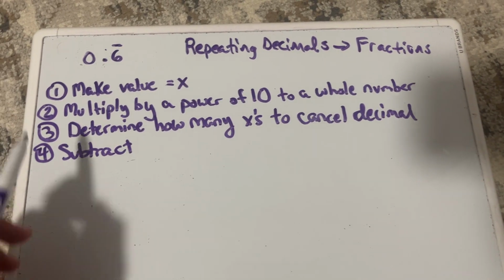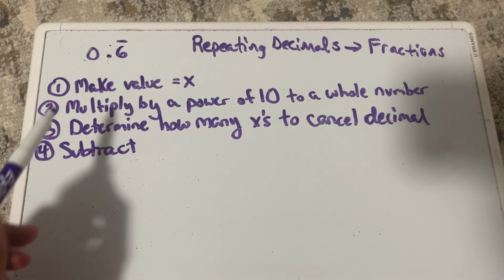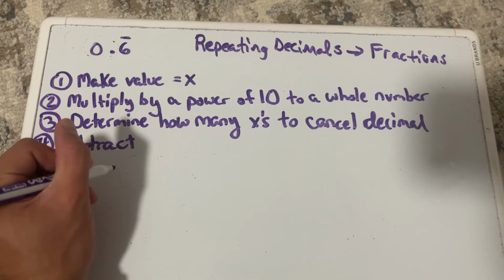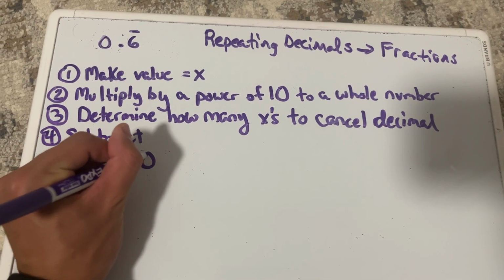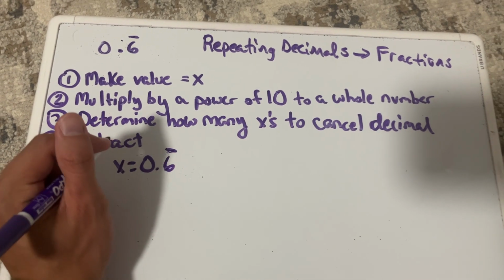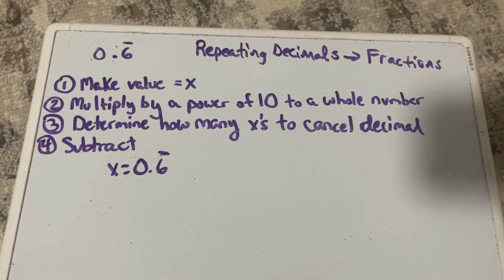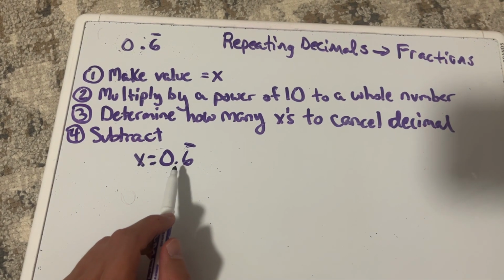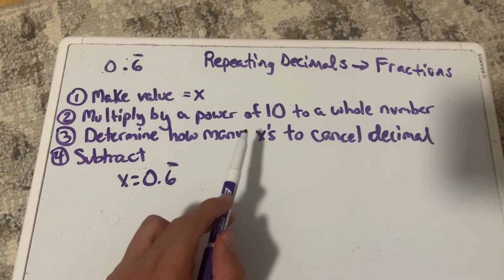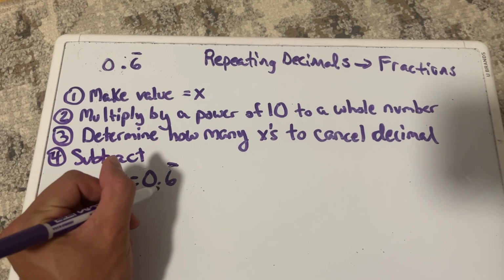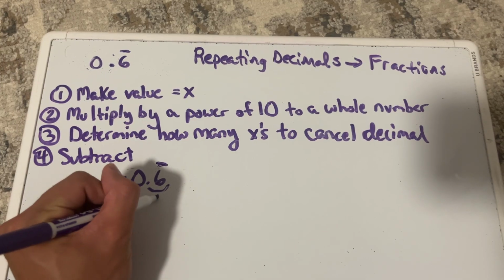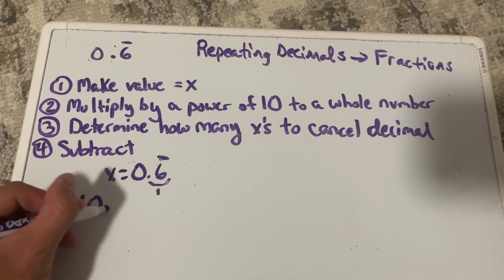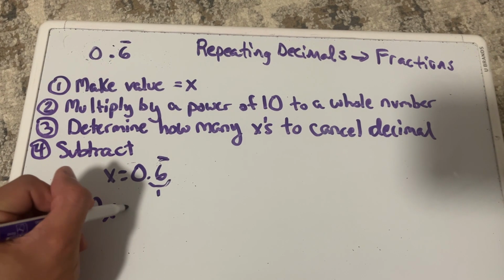Let's look at a second problem. Let's say we have 0.6 repeating. So I'm going to, step 1, make this value equal to x. x equals 0.6 repeating. Now I want to make this a whole number. So I'm going to multiply by how many? By just 10, because it's in the tenths place. It moves 1 space. So I'm multiplying by 10. So this becomes 10x equals